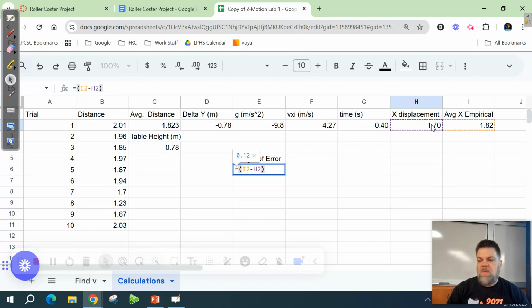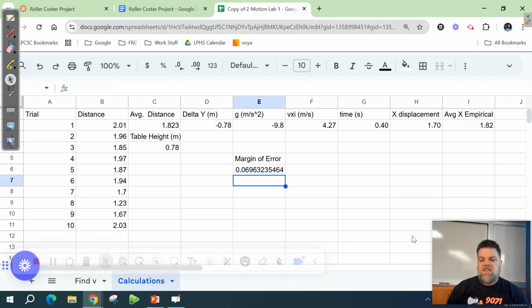So it's empirical minus x displacement, divided by x displacement again. So you just click on that a second time. And so this number is a decimal,